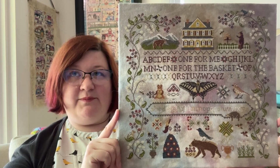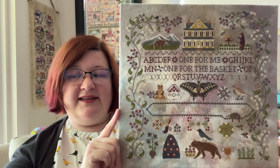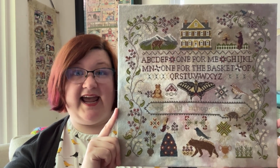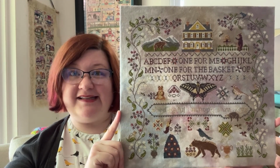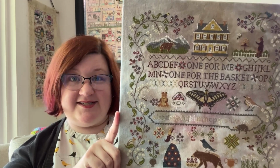And I don't remember for sure, so this might just be in my mind, but I think that one of my other friends, maybe even Allison, ended up picking up the second half. So if she's using that for this particular piece, that's kind of fun. It's like they're sister pieces. Isn't it cool? So I finished stitching this about a year ago, and then I went ahead and